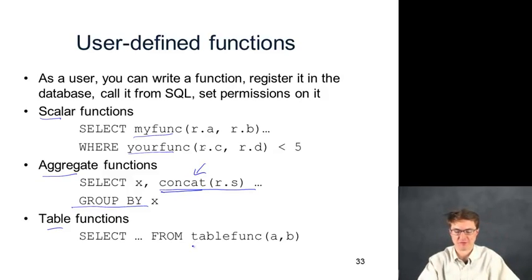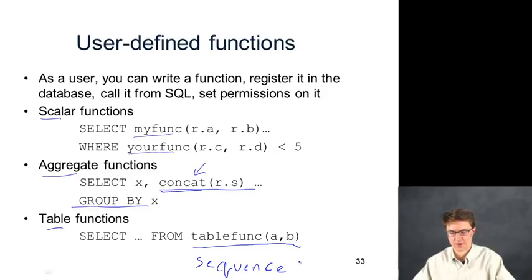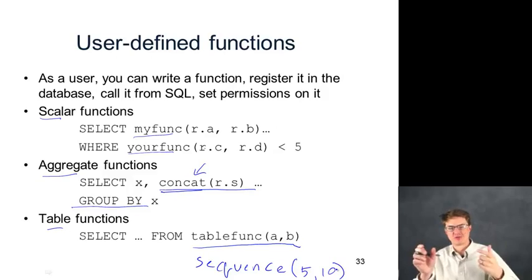Fine. And then table functions appear in the from clause, and they're arguably the most complicated. So the most common example you'll see here is some kind of a table function that will allow you to define a sequence of integers. So sequence from 5 to 10. If you want to represent all the integers from 5 to 10 as a table,